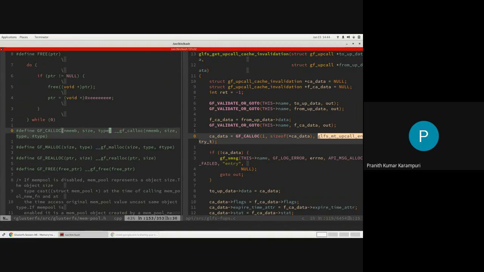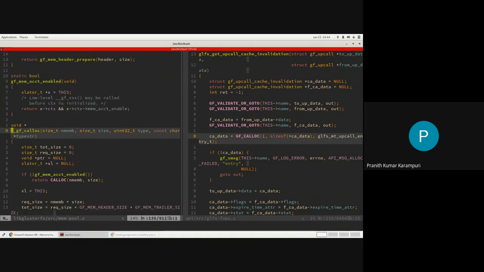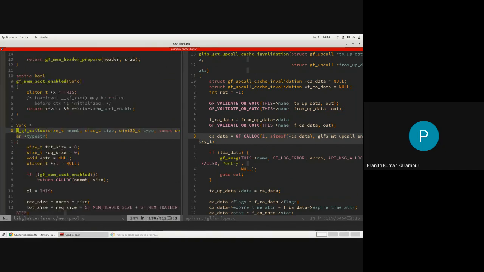When we call this macro, it is also stringifying the data that is coming here. So even the string of this text also gets added to the structure. So when we do a GF_CALLOC, this is that string.